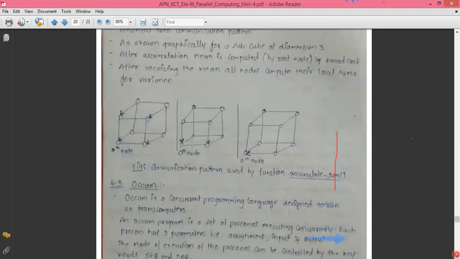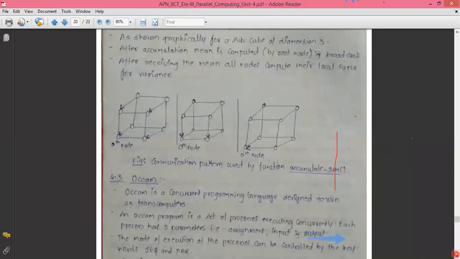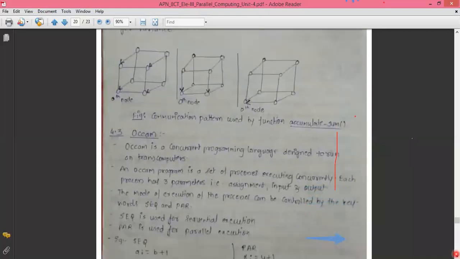If you are having any doubts and difficulties, you can ask me now, or otherwise we'll stop and continue the rest in tomorrow's lecture, because tomorrow we are going to study the OCamp parallel programming language and C Linda. Once we are done with the discussions on the topics, go through the lecture notes, because the language is very difficult. I've prepared the notes in the simplest of my own language, so that you are able to understand the things very easily. Go through the notes, and I'm telling you that the circuit satisfiability test, first topic, sure shot, you'll find a question of minimum 8 marks.